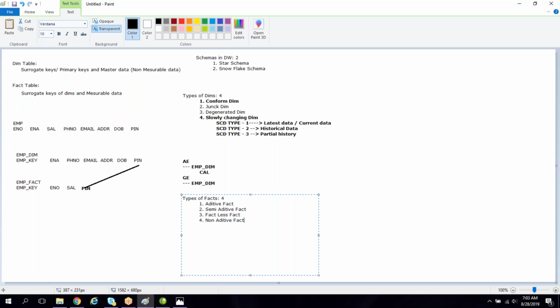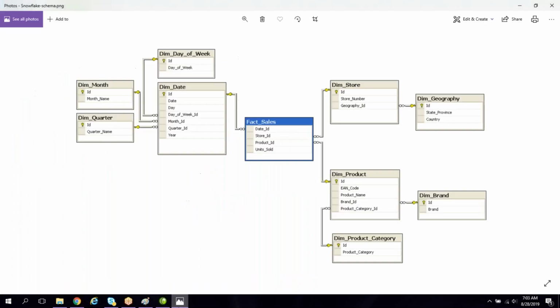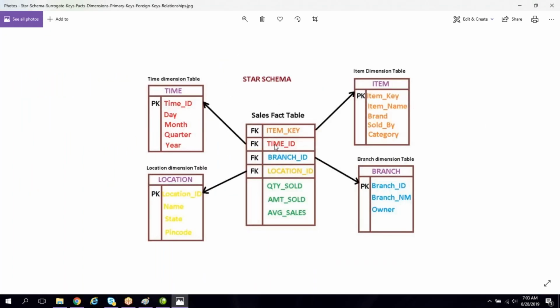So what is additive fact? Additive fact means this one. In star schema model, whatever fact we have, we call it an additive fact, which contains all the dimensions' surrogate keys and measurable data.